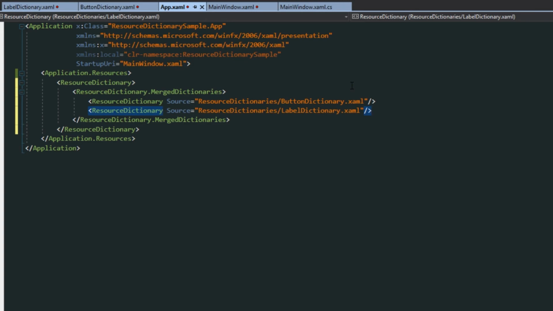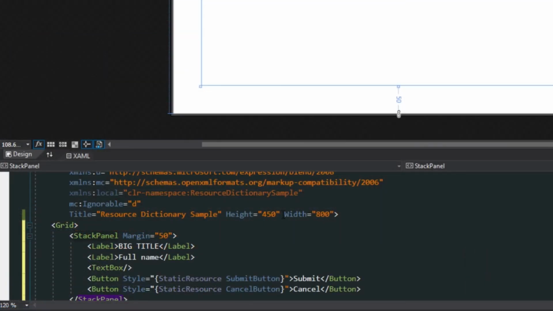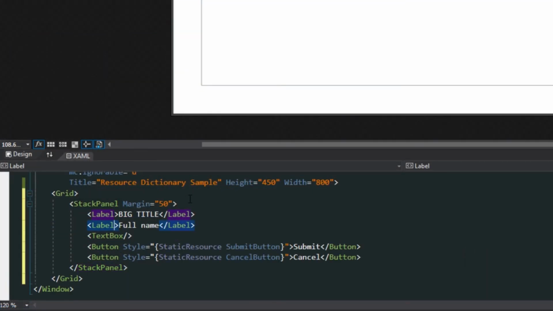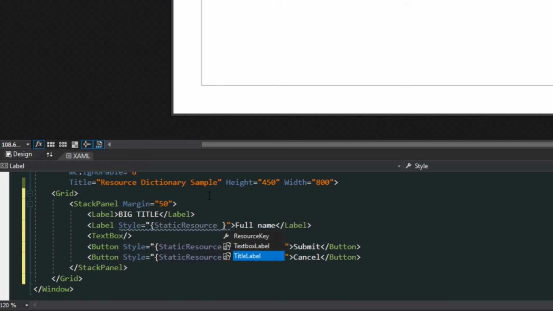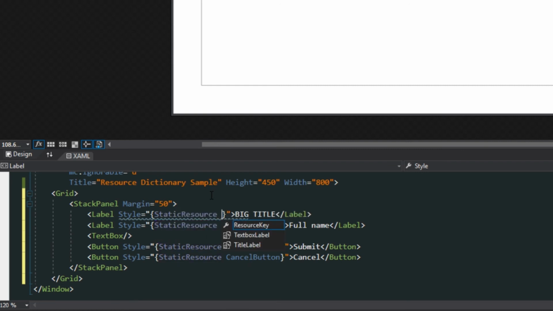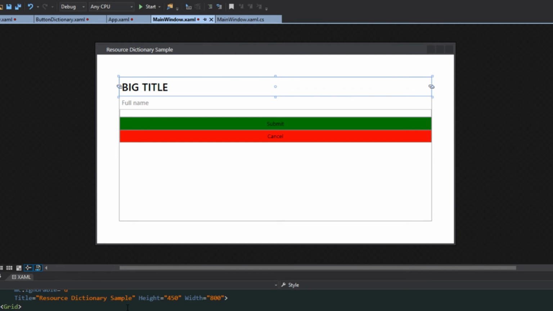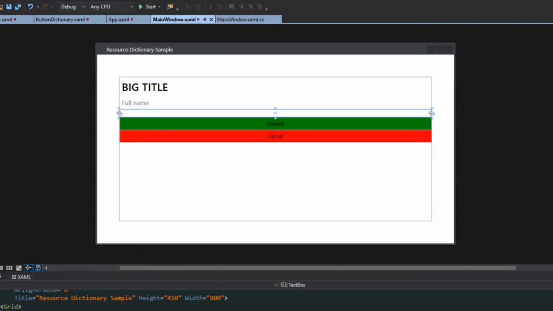So now that we have both of those, we can go back to our main window here. And we can go down and we can find our full name. So we'll give it a style of static resource text box label, and we'll go up to our title and we'll find a style, static resource, and title label. Now if we go back over here to our designer, we see that we have a full name and our, well, text box, but the label's a little too big for that text box,